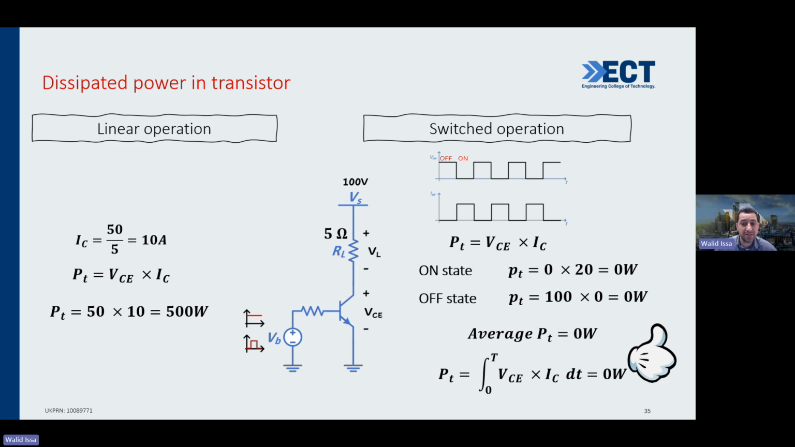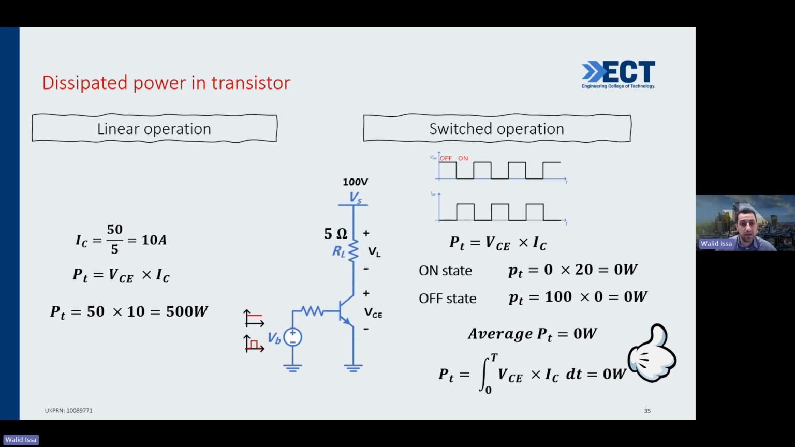When I saturated, I mean I turn the transistor to what? To a wire. Okay? That means the voltage drop here is 0. So VCE will be 0 and my current will be 20. Okay? Because 100 volt divided by 5, it will be 20. So my power dissipated, if I turned my transistor on, will be 0 watt. What if I turn it off? If I turn it off, it will not conduct any current, so the current here is 0